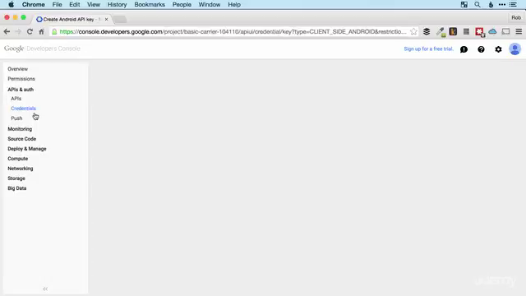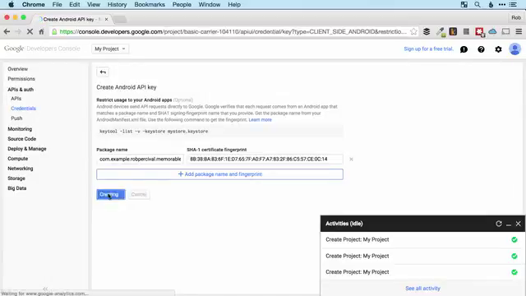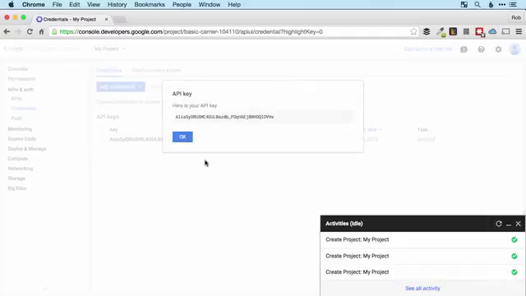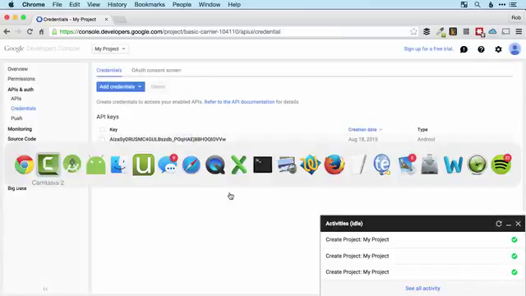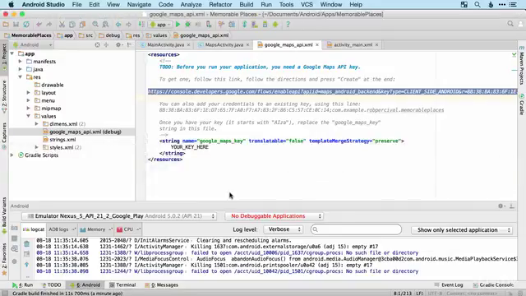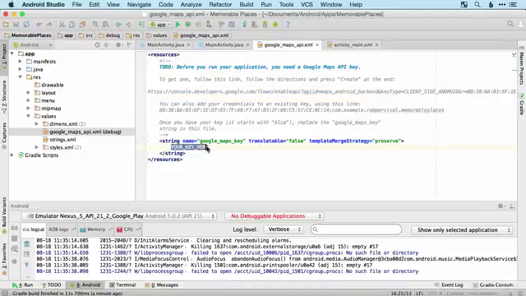So go to credentials, create an API key, and then I'm going to copy that. Okay, back over to Android Studio, and we'll just paste that in there like so. And then I'm going to run